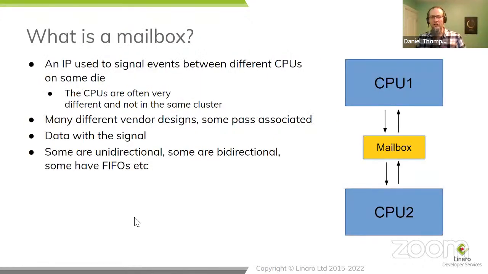A mailbox is a very simple peripheral, usually designed to send an interrupt to a heterogeneous CPU. And by heterogeneous, I don't necessarily mean a different architecture, but one that does not occupy the same SMP cluster as the Linux instance. So typically it means co-processors. Whether those are small real-time co-processors or very large complicated DSPs, ultimately they are peripherals to which we assign work by tagging the mailbox one way.